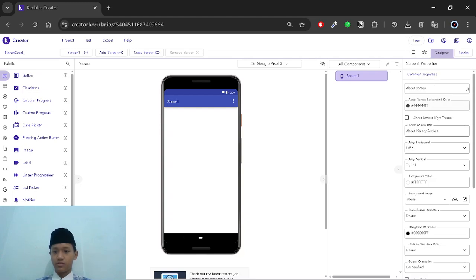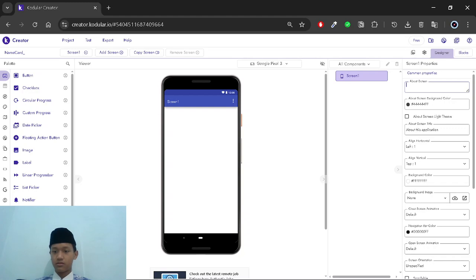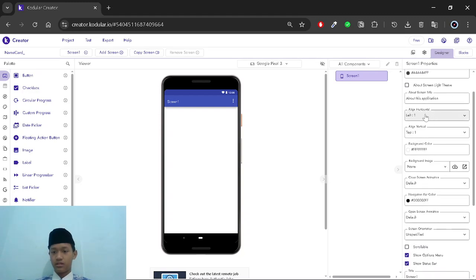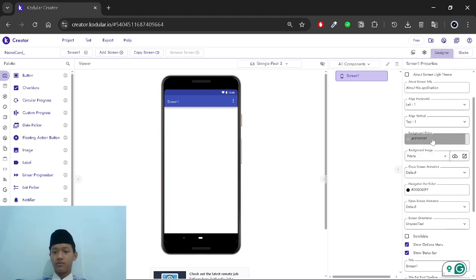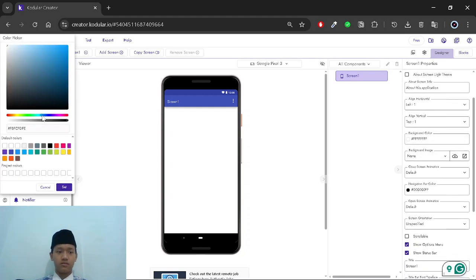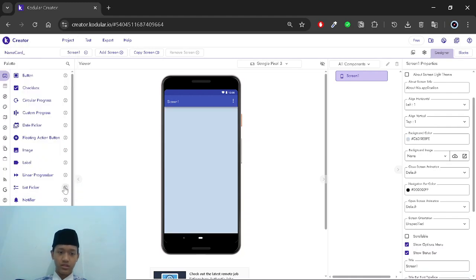This is the board screen, the background color, and then this is the aligning for the elements of the component. The background color, let's change this to, for example, to here, or maybe,